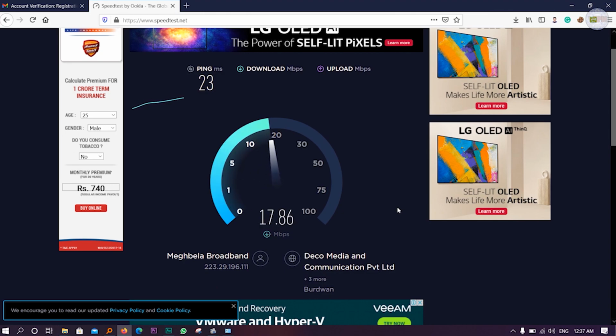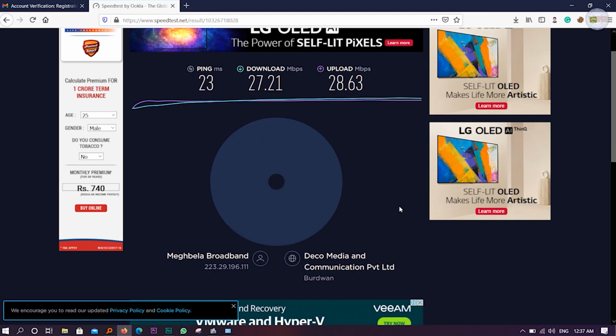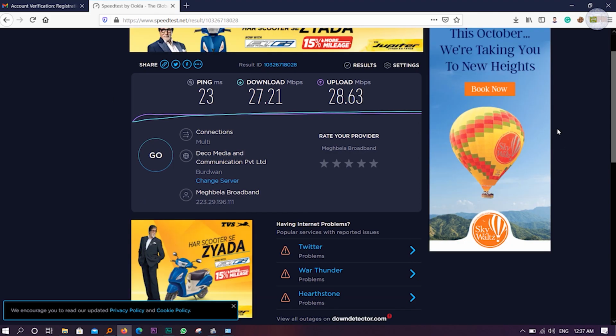See my downloading speed: 27, 28 Mbps download, and upload speed about 28, 29. Okay, so these are the results for my connection. That's why you have to check your internet connection.